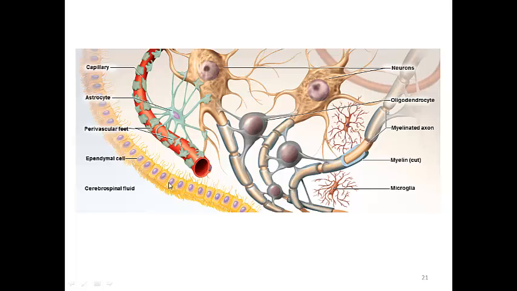Here we have some ependymal cells that help to make cerebrospinal fluid. Over here, these brownish cells are neurons, but if you notice, the neurons have neuroglia associated with them. Oligodendrocytes are wrapping around the axons of these neurons. Microglia here are sort of like the maintenance personnel of neural tissue. It's their job to clean up messes and do various other things to preserve the physical and biochemical nature of the tissue.